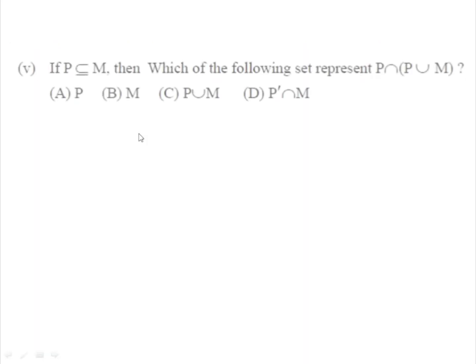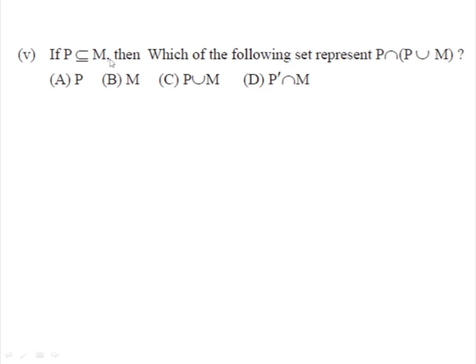Let's have the next question. If P is a subset of M, then which of the following sets represents P intersection P union M? The options are P, M, P union M and P dash intersection M. Now to solve this question, we have to take one example. So let us consider